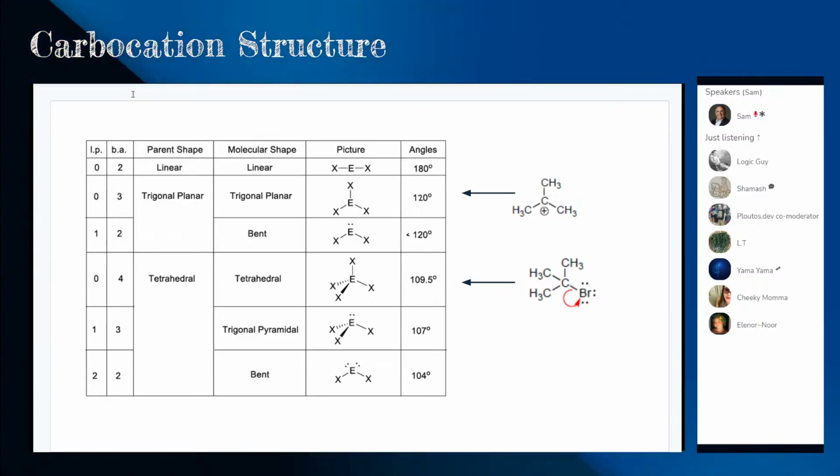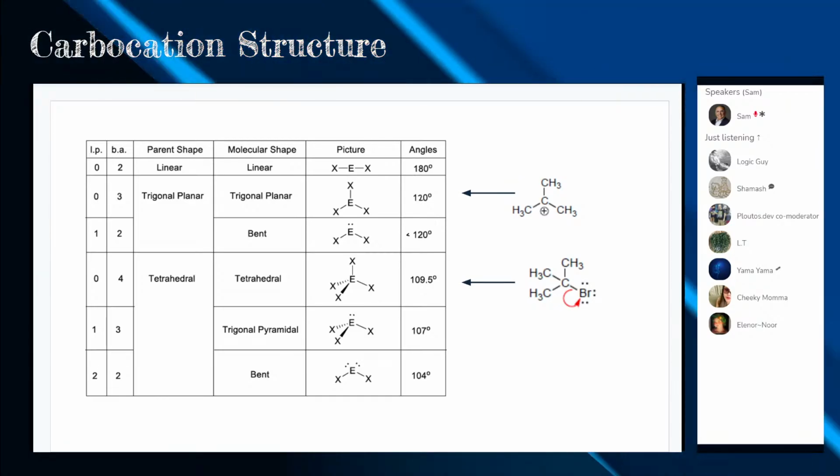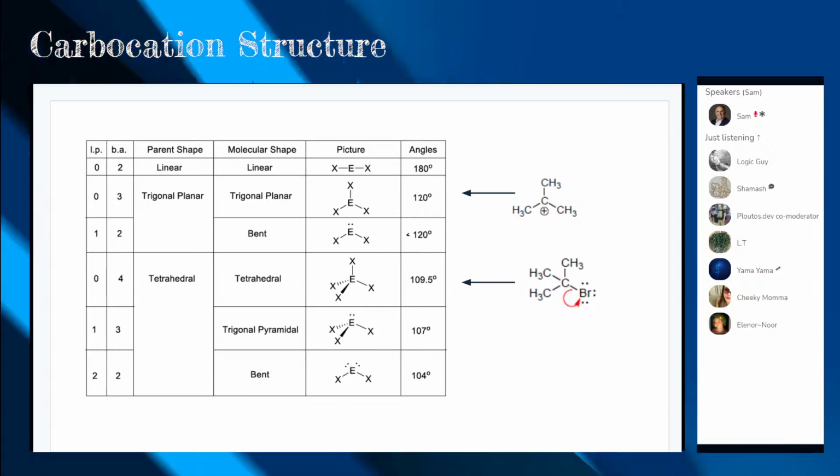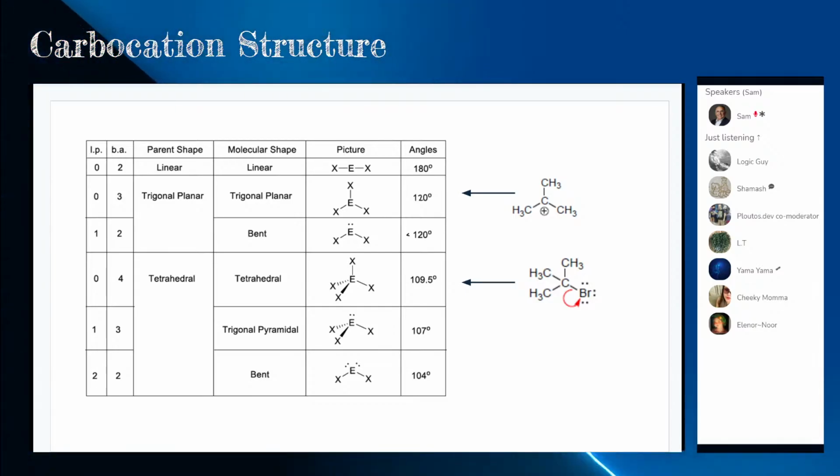So based on just VSEPR, we would guess that the carbocation has a trigonal planar structure, meaning that it's a triangle. The CH3s are the vertices of the equilateral triangle, and the central carbon is in the middle